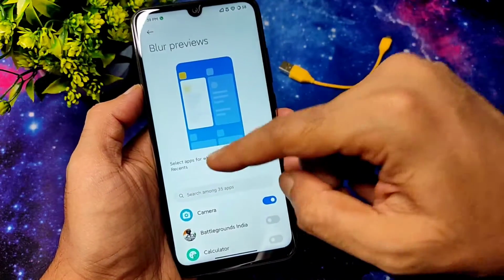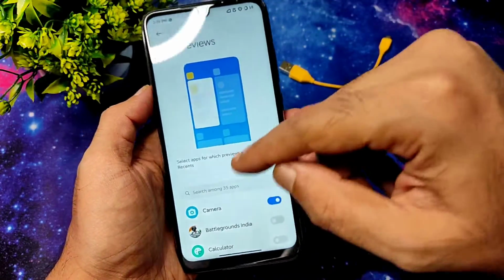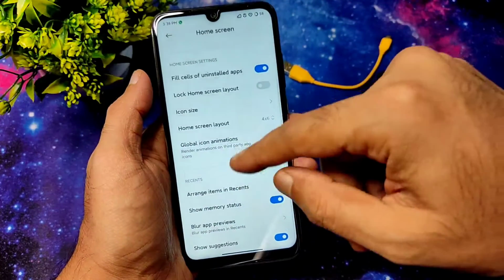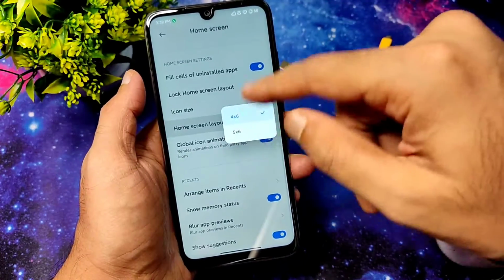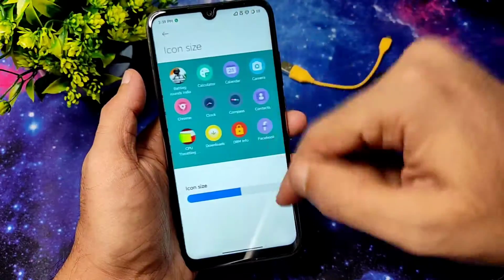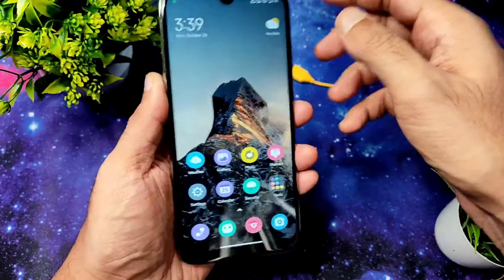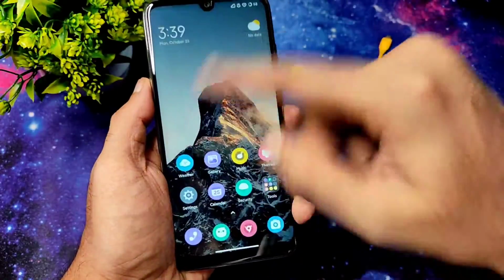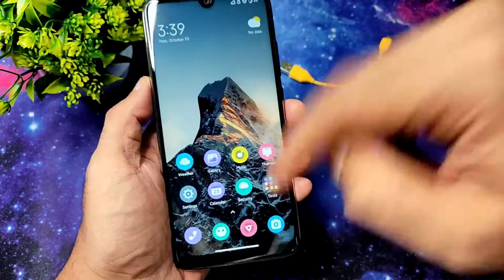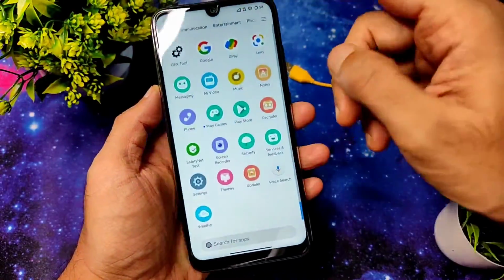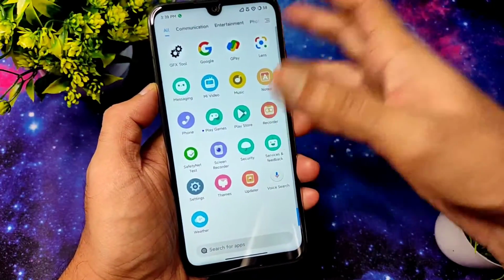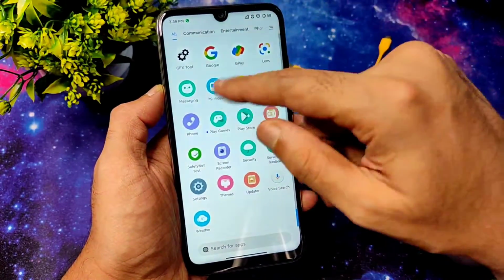For certain apps you can blur them when you are using multitasking. And this is how the home screen layout looks, and icon size you can also change from here. This is the home screen and the launcher. It's fine, they have applied a certain theme such that it looks like this. It's fine, but I felt it was a little bit duller than the classic theme.